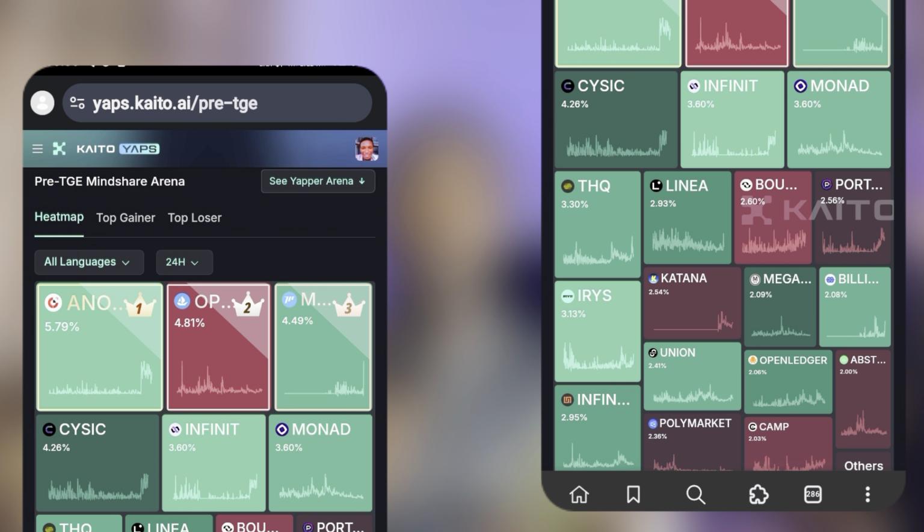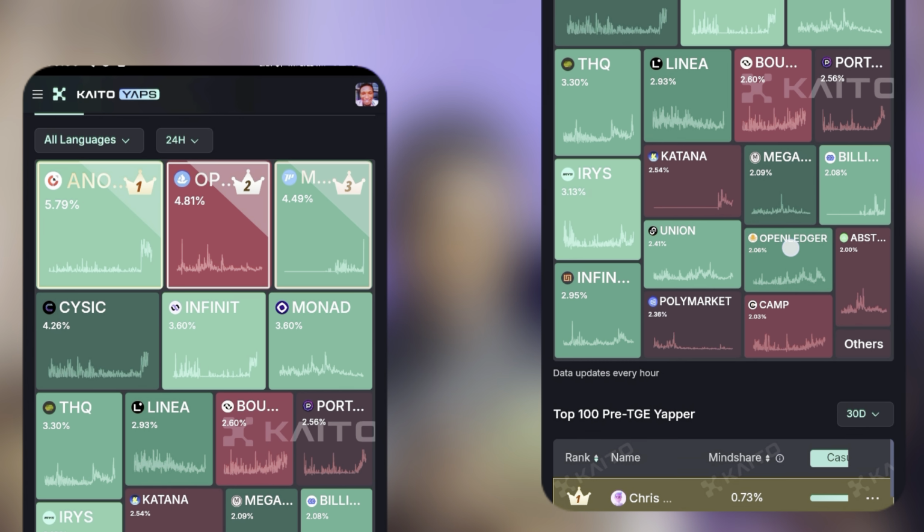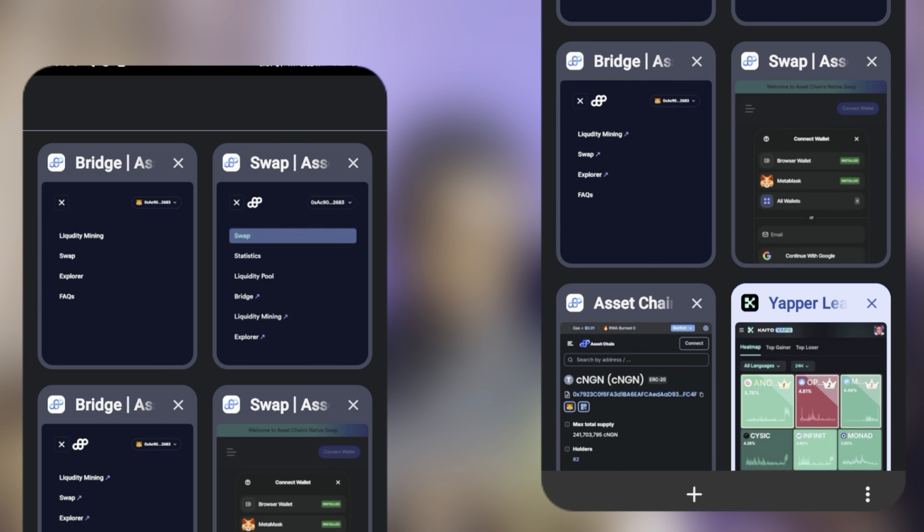But one project I really love to yap about is Open Ledger. Look at this, it is Open Ledger. I personally introduced this project to you guys, or to my community members, as at last year, and most of us are still participating in the project. If I tap on this, my extensions here on my mobile browser,